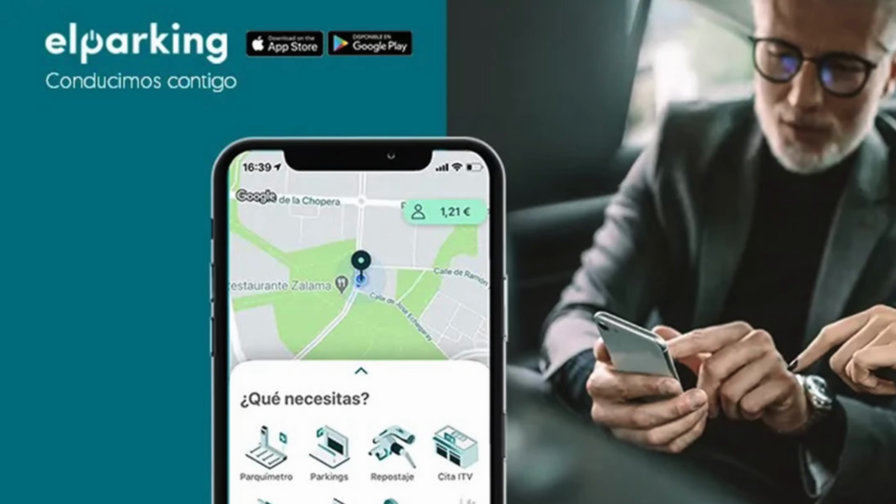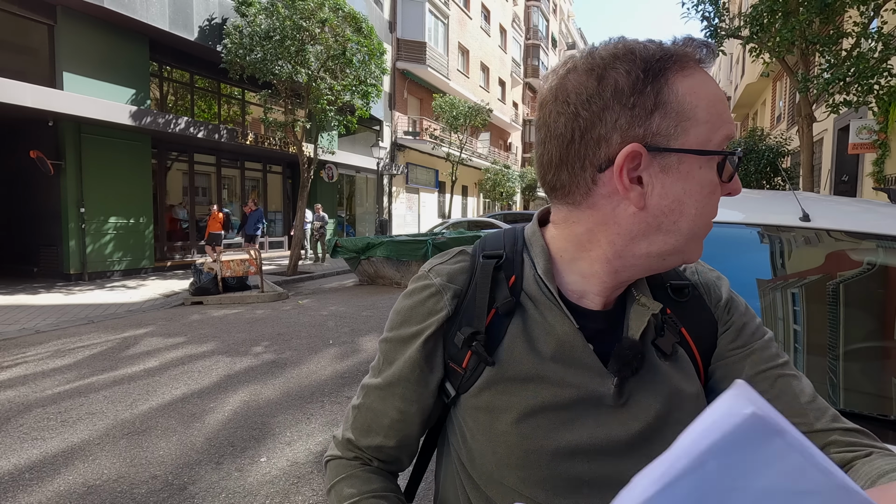There are many available. The one that I use is called El Parking, and this allows you to pay for the parking from the comfort of your own car. If you don't have an app, you have to find a ticket machine. They're all over the place, but it can...